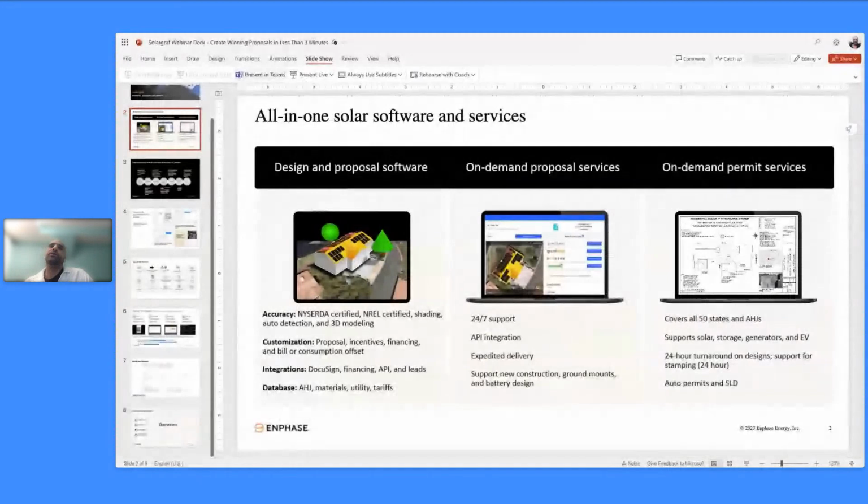So what we're allowing you to do is to use the main functionality, create a solar PV plus battery design, and generate a very compelling customized proposal. We are certified by NYSERDA, NREL. We've done our own analysis across 3 different big states to verify our production numbers across different tools and across our own production that we have from Enlighten data for all microinverters or systems that have been installed